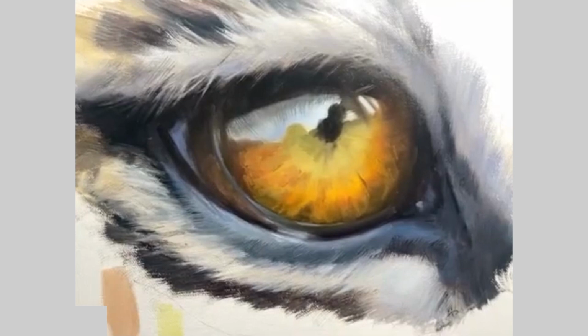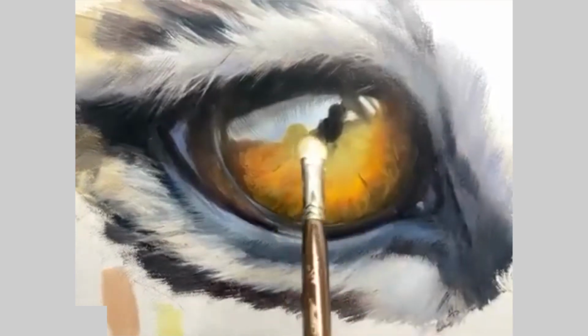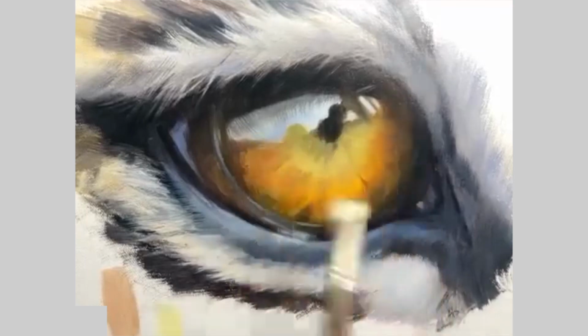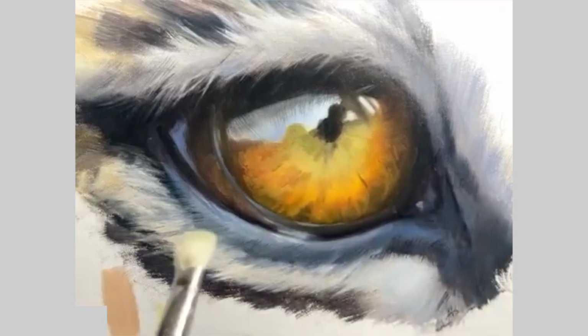What does glazing do for you? It allows you to blend. You see, I blend here green plus this ochre color without seeing any connections. So if you know already, from your habits of how you paint, that it's hard for you to blend colors, then glazing will be your best friend because you will be able to blend many different colors. Just make one layer of glazing, another layer of glazing, and